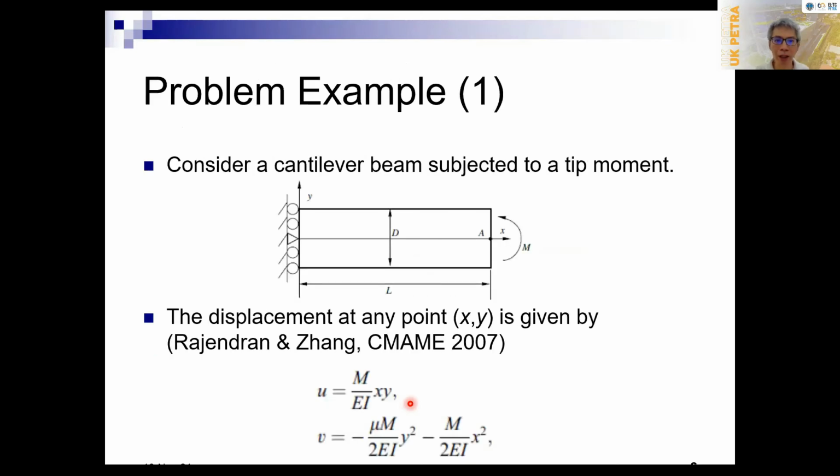Okay, let's consider an example of the plane stress or plane strain problems. This is a plane stress problem. Cantilever beam. We imagine that this beam has a thickness, not very thin, not very thick, just a thickness like this. So this is a plane stress problem related to bending moment. This is the depth of the beam. This is the coordinates, global coordinate system.